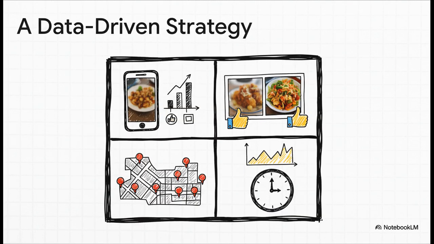So what was her secret sauce? It was all data. First, Sarah used engagement analysis to just track which food photos got the most love, the most likes and comments. Then, by looking at the content itself, she had a breakthrough. Vibrant, super close-up shots of their signature dishes just blew everything else out of the water. From there, she used temporal analysis to figure out the absolute best times to post for maximum impact, and she made sure her posts were targeted right at the local foodies in her area.